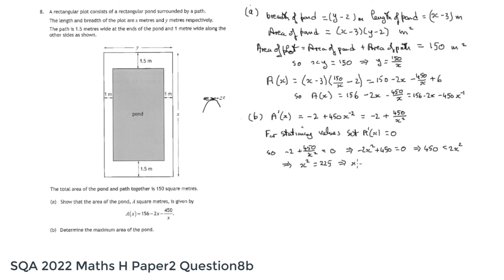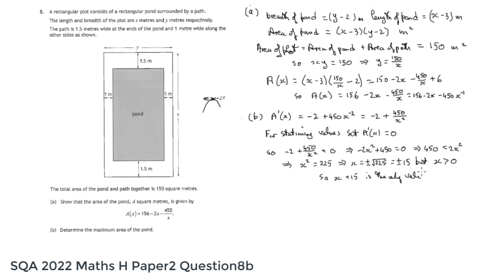Finally we get to the value of x. It's either plus or it could be minus the square root of 225, plus or minus 15. However, let's think about the negative value. If we look at this diagram, x is the length of the plot, and x is a measurement. x will be greater than 0. So we'll say x has to be greater than 0 because it's a measurement. So x equals 15 is the only